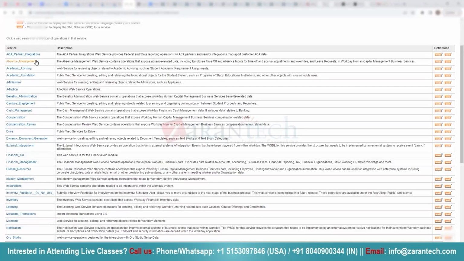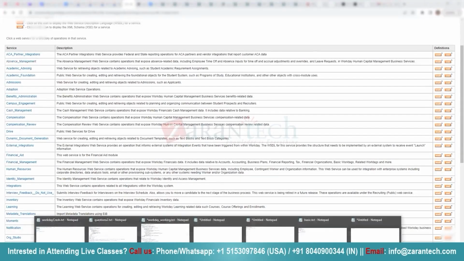From my side, if I try to make you understand, it will be more of Workday terminologies that I'm explaining, but that's not needed for you as of now, because you don't want to study Workday. You don't want to get into aspects of how Workday works. You want to know how to extract data from Workday and how mapping works there. So how it stores data, like if you open a notepad,